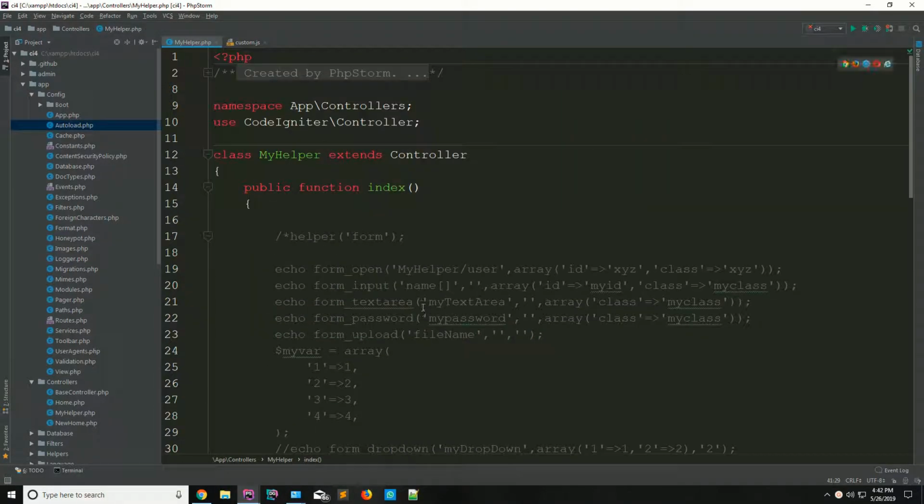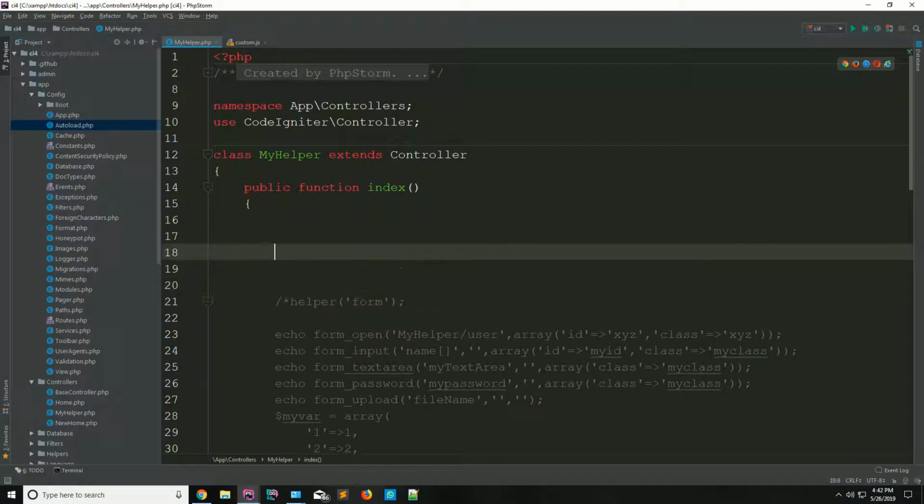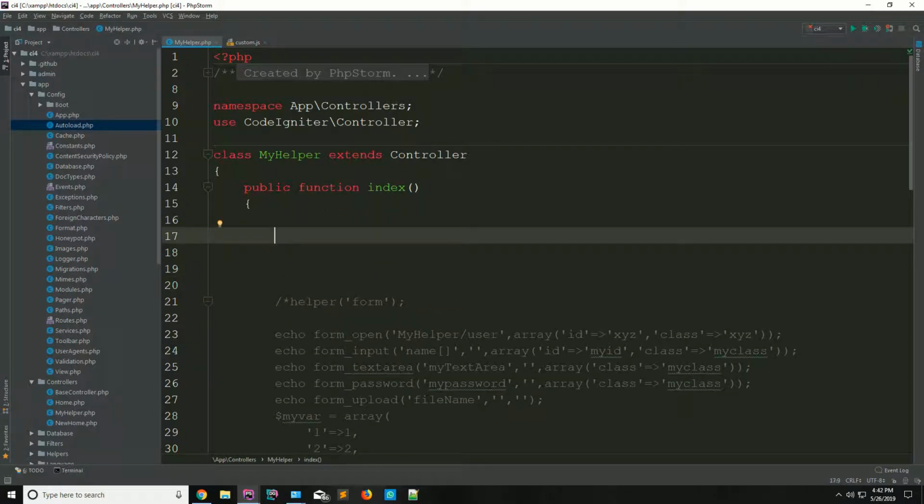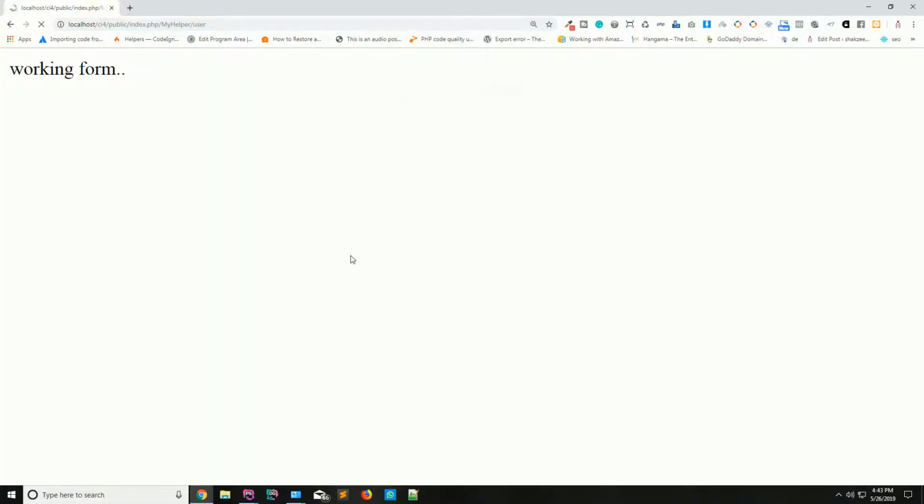Now we are going to use the Inflector helper. Before using any helper, you have to load that helper. So I'm saying helper, and your helper name goes here. So what is the helper? I'm saying Inflector. Now go to the page, refresh the page,